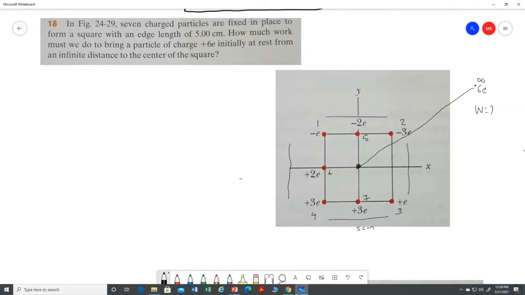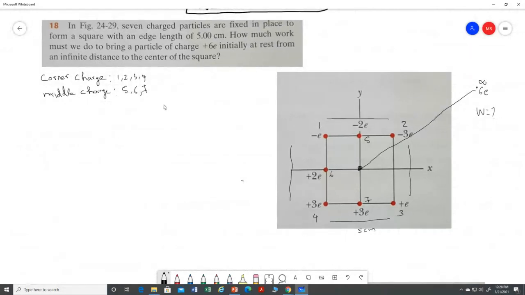So what are the corner charges? My corner charges are C-O-R-N-E-R, corner charge. What are the numbers? Corner charges are 1, 2, 3 and 4. My middle charges are 5, 6, 7. Am I right? Clear? Yes. Okay. Now what I am going to do, first I am going to work out for the corner